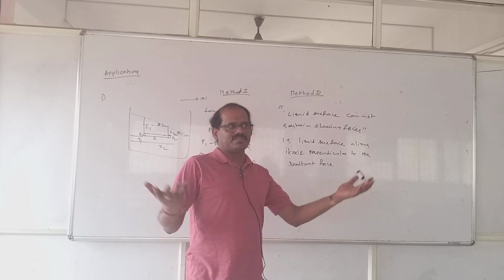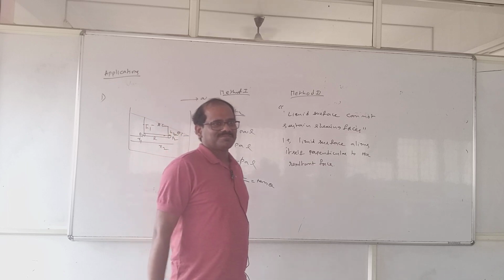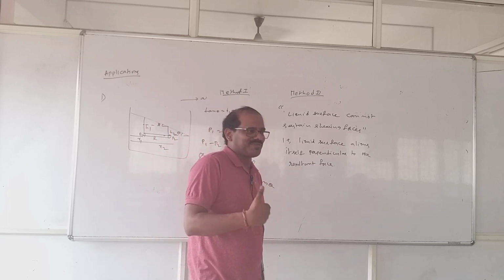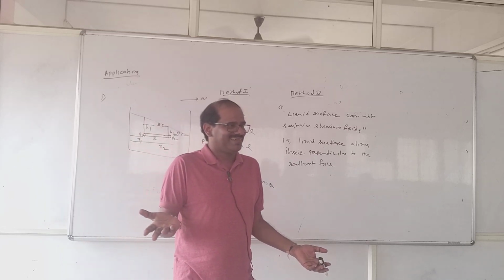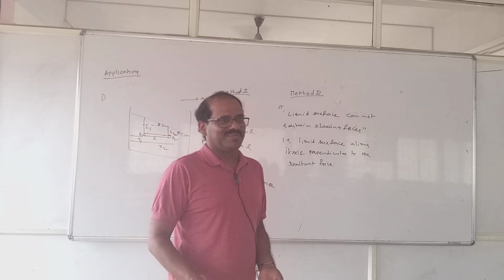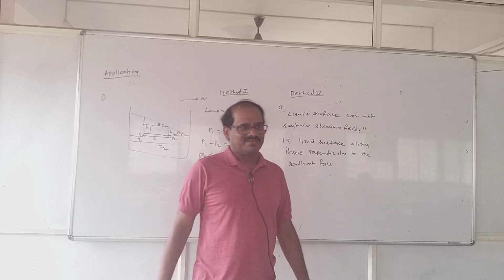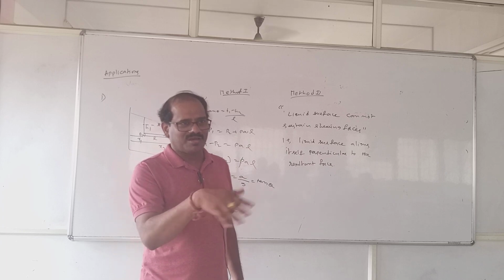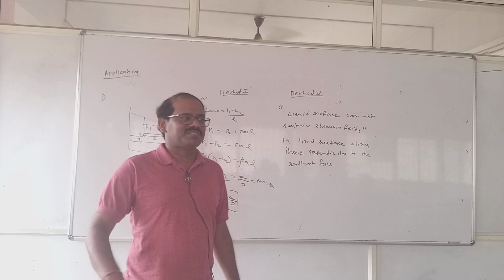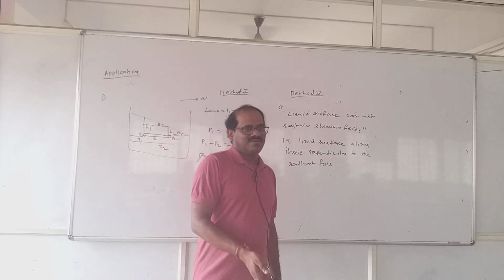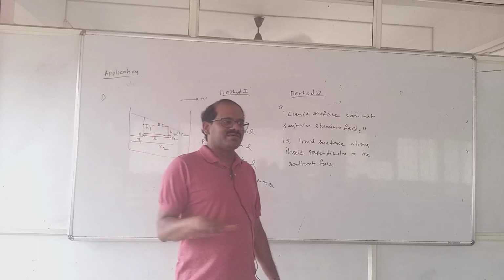Have you ever thought why a lake is horizontal? He's looking at me as if I'm mental. What nonsensical question are you asking? A lake is horizontal, obviously. But the reason, have you ever thought? Why in a normal vessel is the liquid horizontal? In a bottle the liquid is horizontal or not? Why? Because the resultant force is vertical. Only gravitational force is acting. So the liquid layer aligns itself perpendicular to the resultant force.